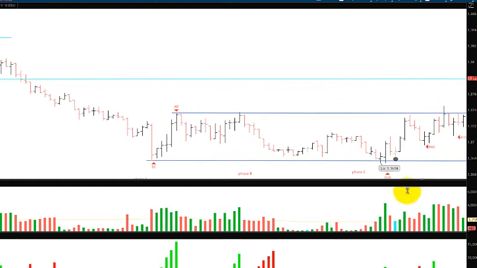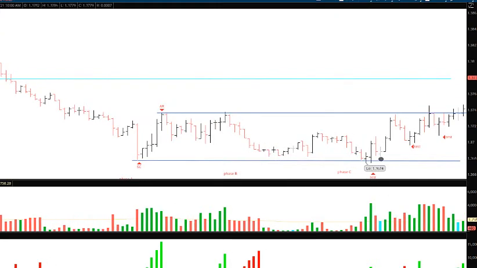Let me take you to that location. There's another pullback and a test. There was an attempt to break out above that resistance, so that really wouldn't be the best place to get into the trade. So any one of these tests here are a valid area to get into the trade after I've confirmed this phase C test to the downside. And then there's also the final breakout, which is actually the best location.